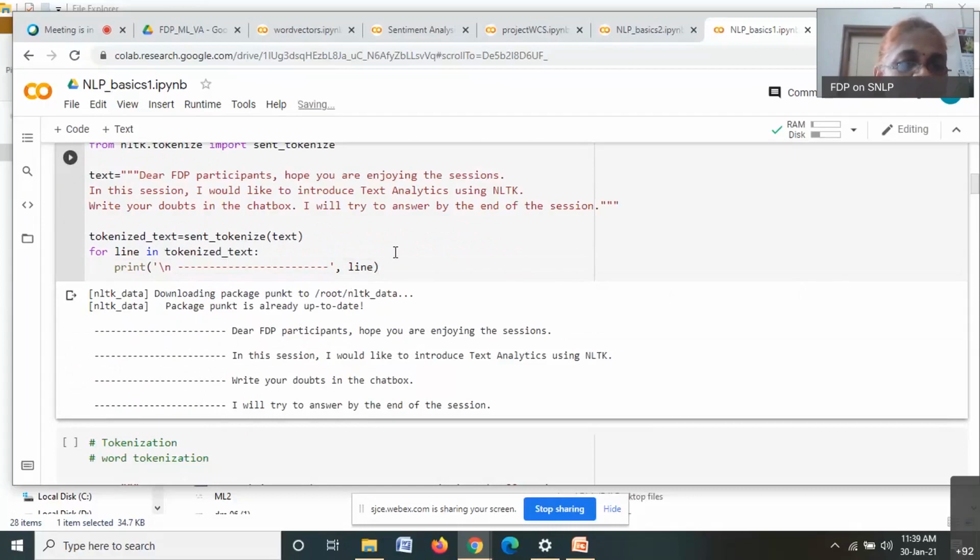So 4 sentences. What we have done is we have divided a paragraph, or a given collection of text, by tokenizing the sentences. We are considering each and every sentence. It depends on your requirement.